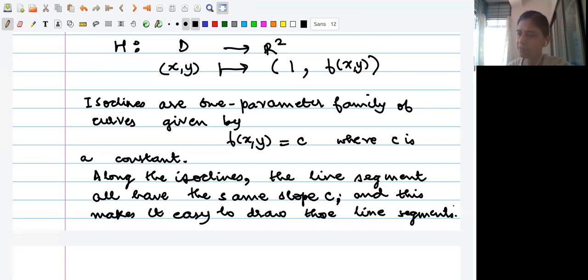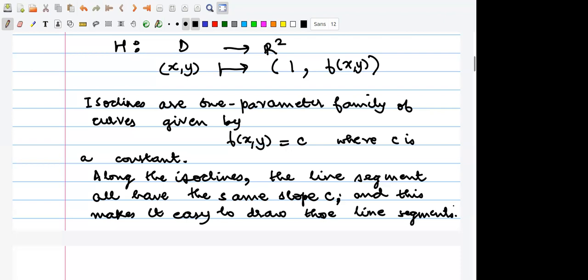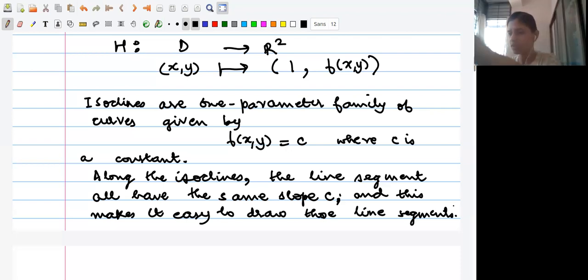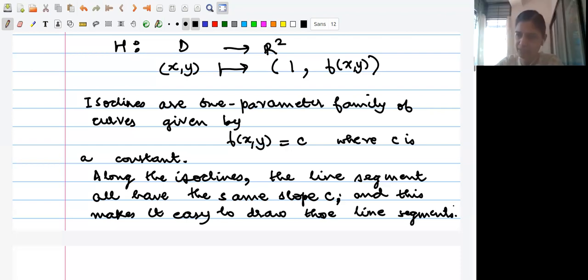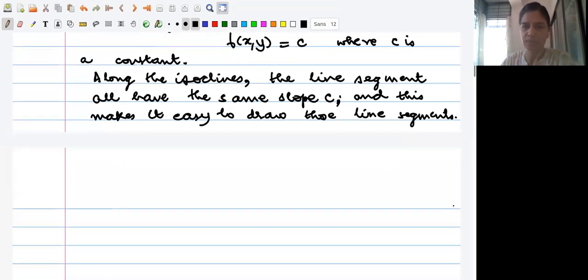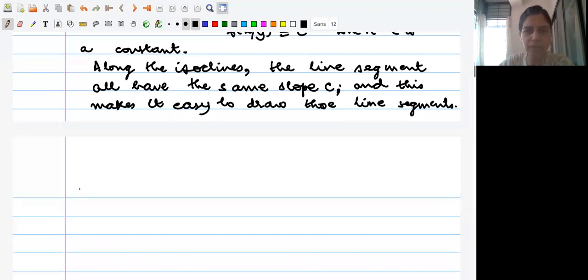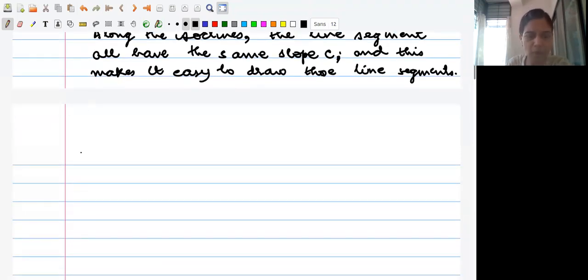Is that okay? Everybody with me on this? Do I hear a yes from everybody present here? Yes, ma'am. Okay, now, this is good, right? Once you have sketched the direction field using the isoclines, what is the next step? The next step is the following. How are we actually going to use isoclines in the direction field to approximate the solution curves? That's the ultimate goal, right?